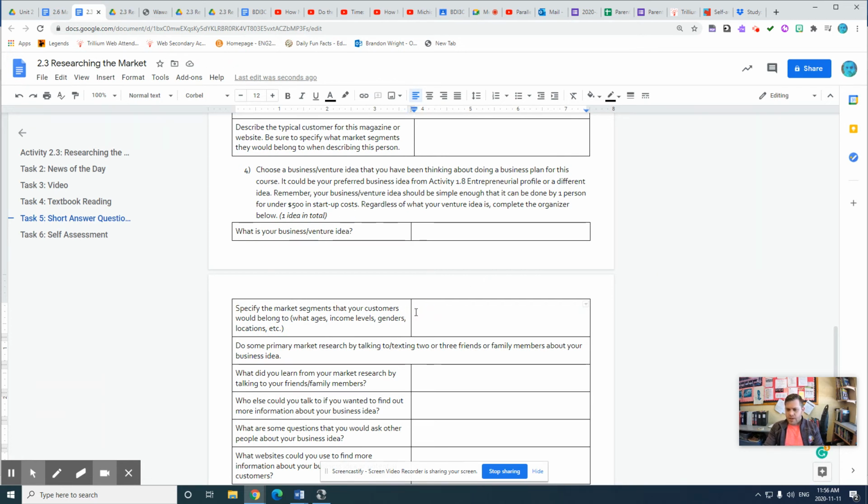So regardless, if you're, say, a dog walker, obviously these are going to be pet owners. Now, what ages, income levels, and genders would they be? And men and women can own pets. Chances are it's going to be people who are 25 and older, people who have moved out on their own and therefore have their own pets. Locations would probably be people living in a city or reserve, not people living in the country, because there you could just let your dog roam free and hope that it comes back.